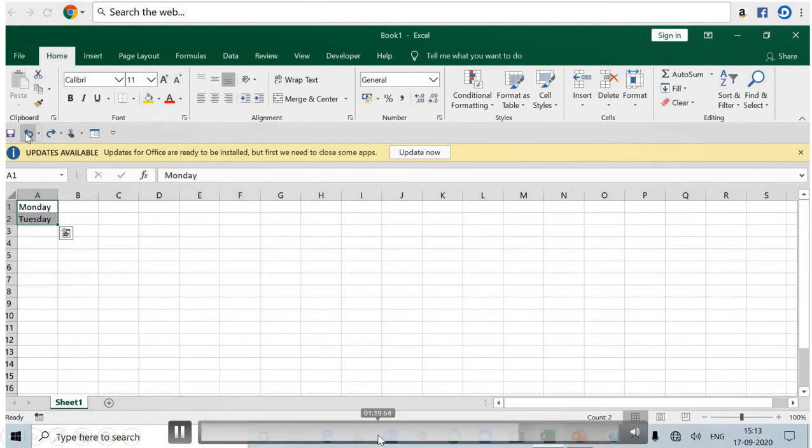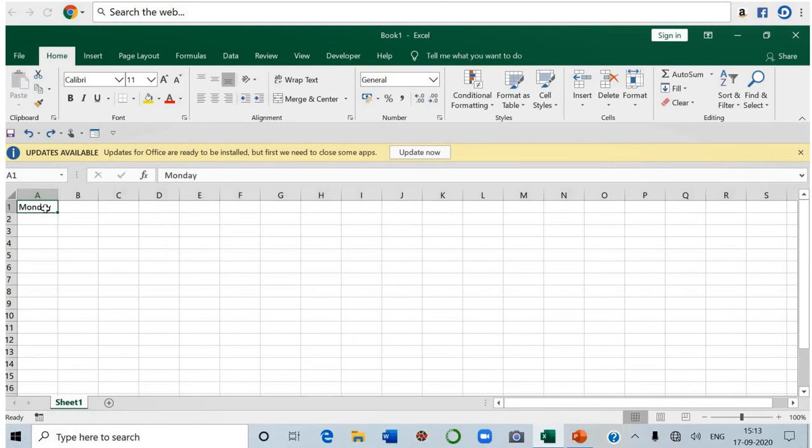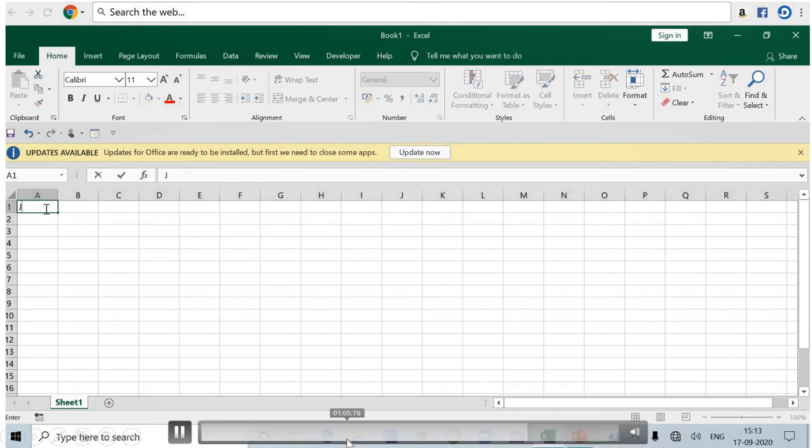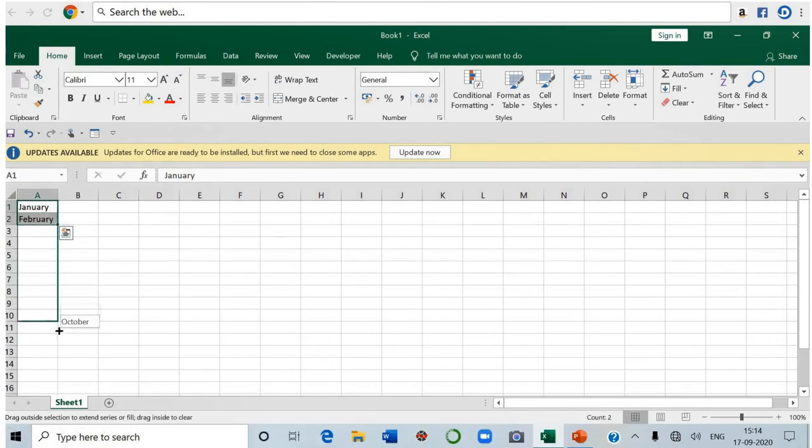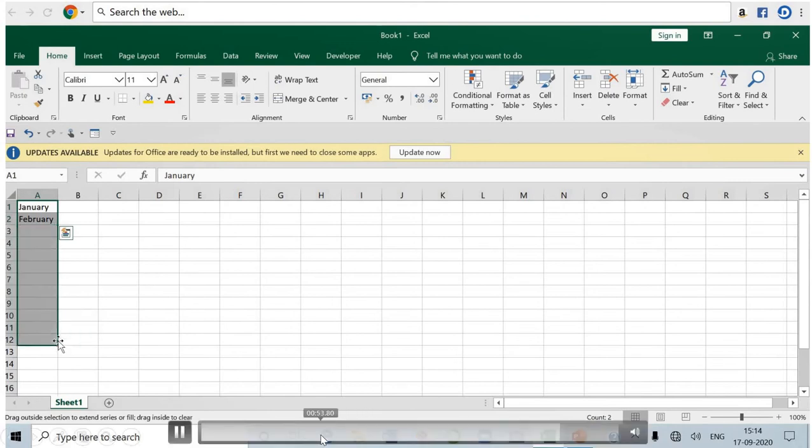Suppose you want to type month names. If you type full, January and February, you have to select both the cells, then drag downwards. November up to December. Finally, okay, done.